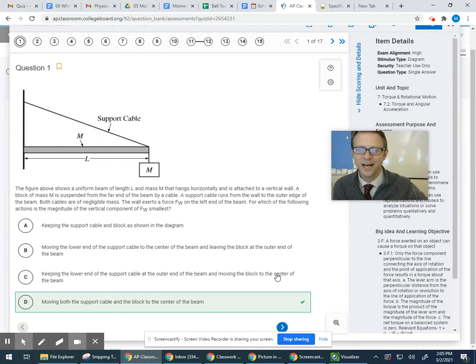I mean, a lot of you just kind of reasoned, and as I was looking at this, what actually got me was I started thinking, as you move things toward that, that actually increases the force. Like we learned that if you have two cables, two things holding something up, so this end is being held up and this cable is holding, if we were to slide this weight along, that's actually going to increase the force the closer we get there. But that's if we don't mess with the cable. If we move the cable around, that's not going to be true anymore. It's only true if you have two supports like this, then you move things between those two supports, then